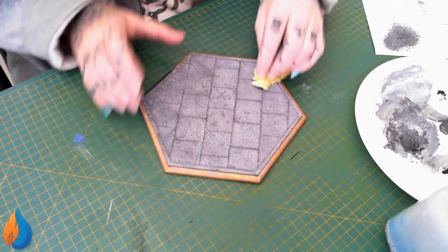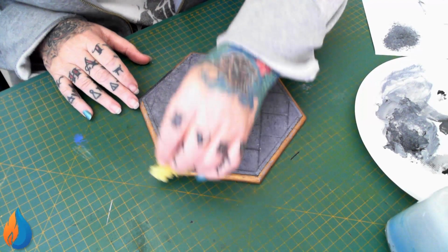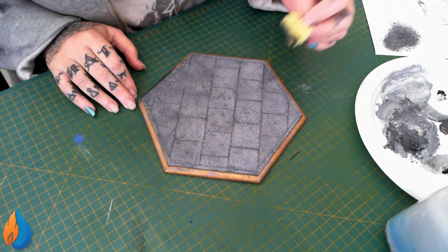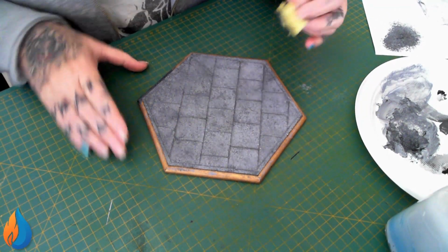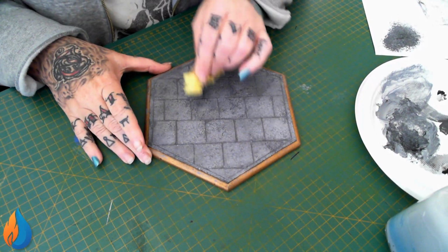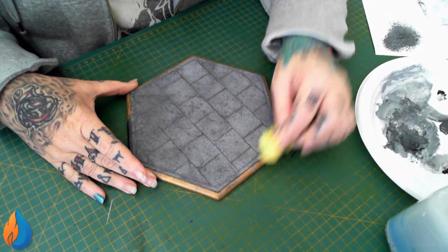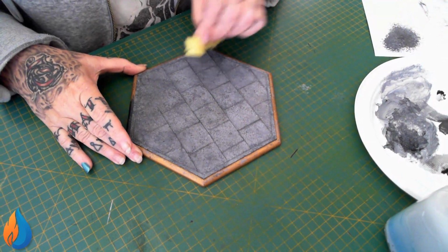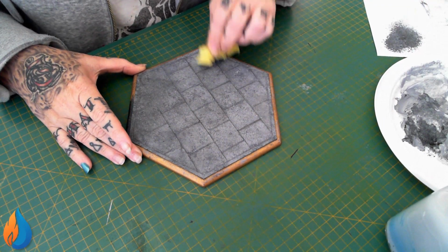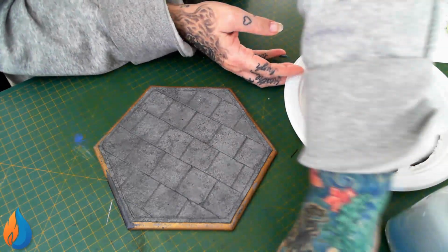Yeah, so already this is looking much better. We need it to be more weathered looking, and more cementy. More cementy. That makes sense, doesn't it? Let's make it more cementy. Alright. As you can see, I've just turned the sponge around in different ways, and I move the piece around. Alright. That's really good. Now what I'm going to do while that's still wet